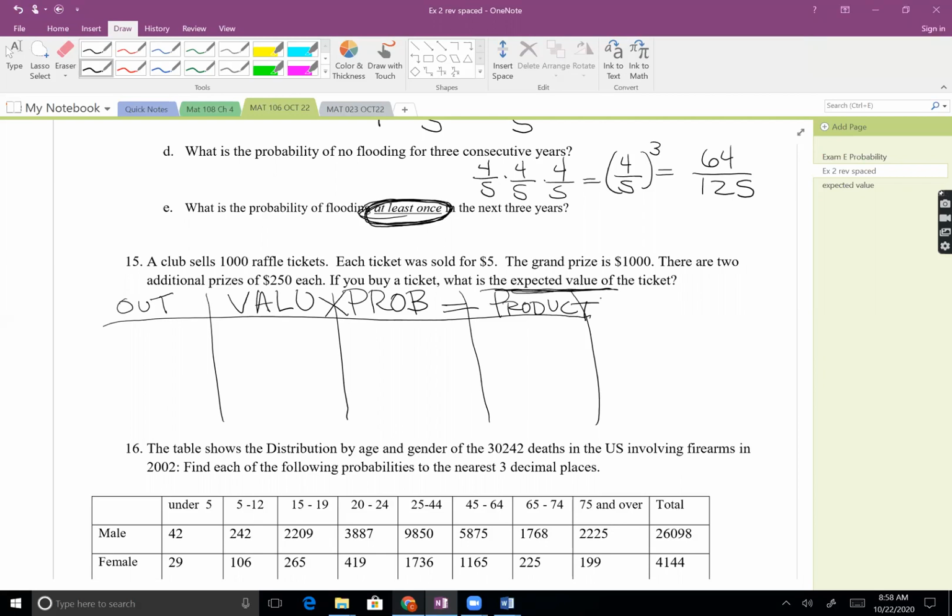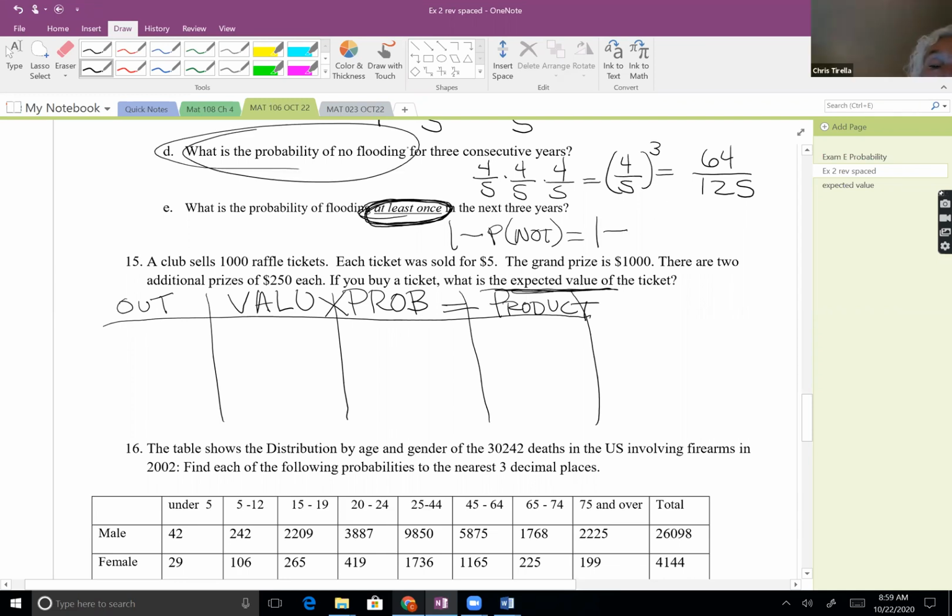I think that as a rule, to find the probability that it'll happen at least once, you take 1 and you subtract the probability that it will not happen at all. Is that right? Uh-huh. Okay, so I got 61 over 125, because we already figured out the probability that it will not happen at all. Beautiful. All right, cool. Thank you. I got distracted and didn't finish it. I'm so sorry. No problem.